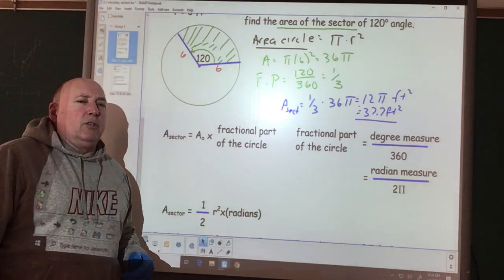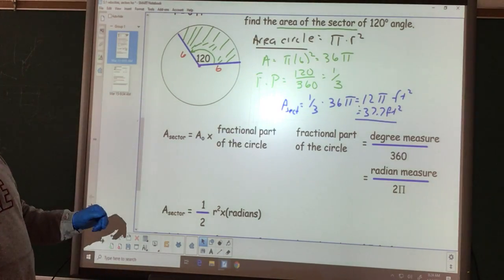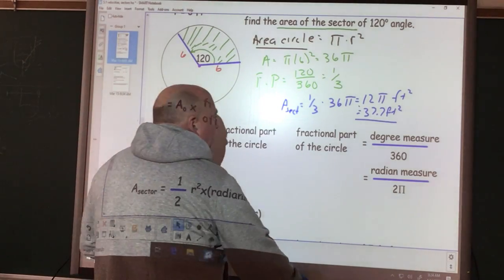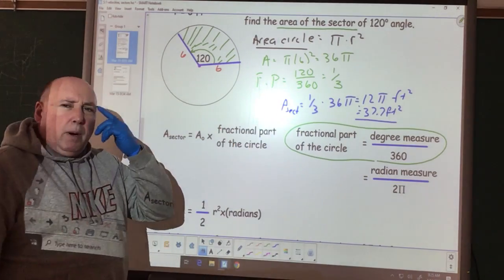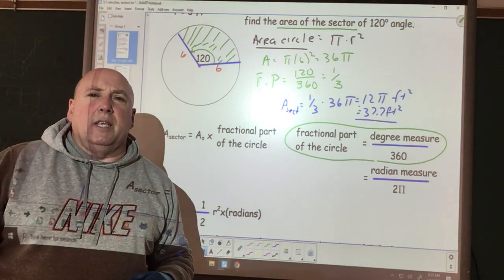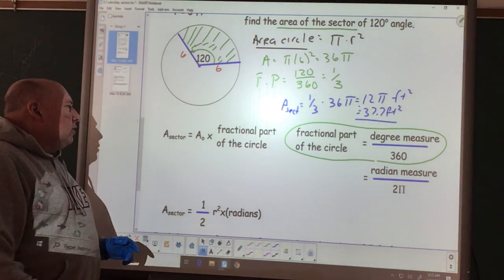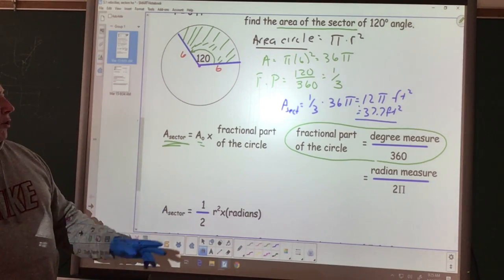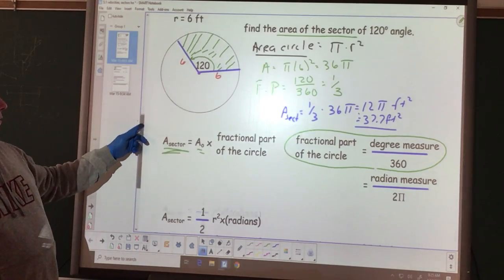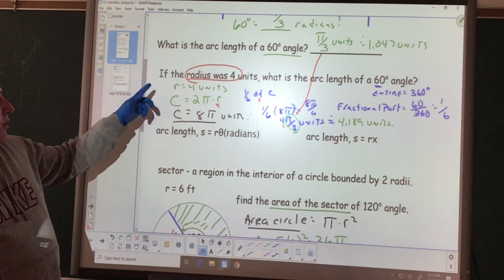Or your radian measure divided by 2 pi. I pretty much like to keep it in degree measure divided by 360 because it keeps it a little bit easier in my brain. Okay, I can think through this a little bit better. So if I'm talking about the area of the sector, I have the area of the circle times the fractional part. And if I want to take a look up here also,